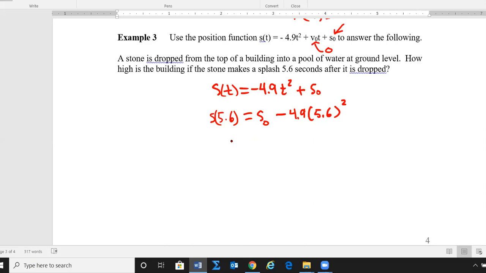So that tells us that S0 will be equal to 4.9 times 5.6 squared. On the calculator, that turns out to be